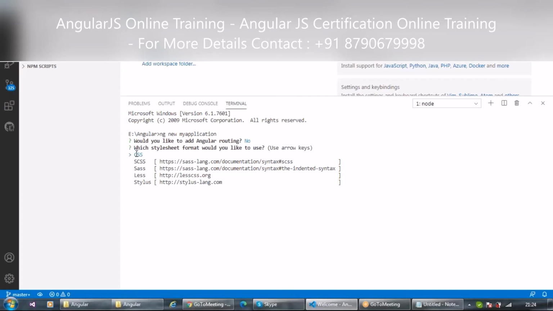Then it asks me which style sheets. Now, as I said, it is a framework like MVC, so we render an HTML page. For the HTML page, we want to make it beautiful or responsive, so we have to have some CSS style sheets. There are a few specific formats: basic CSS, bootstrap CSS, and we have some SCSS files. With the help of the down arrow on your laptop, you can select this file. So I'll select SCSS files.